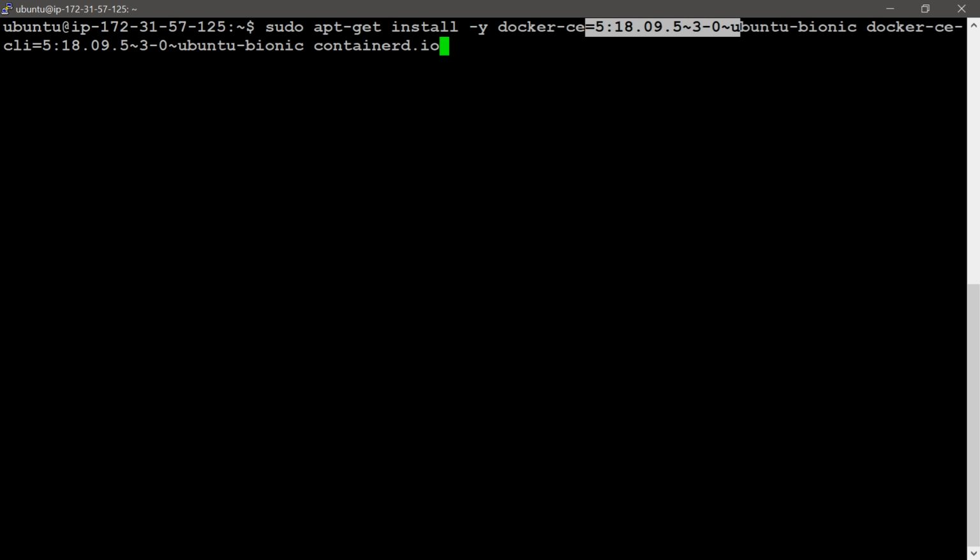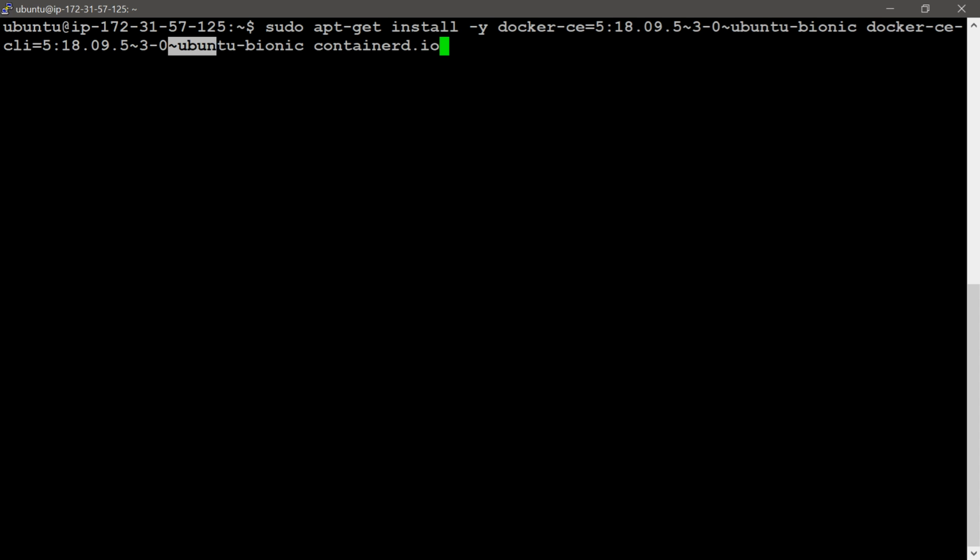This is the version. Then Ubuntu Bionic packages, and these are all the packages: docker-ce packages, Ubuntu Bionic packages, and the Docker community edition command line interface packages for using the command line interface.